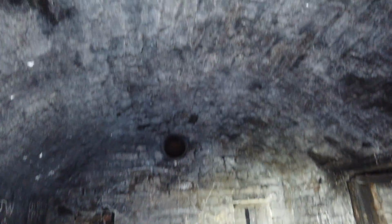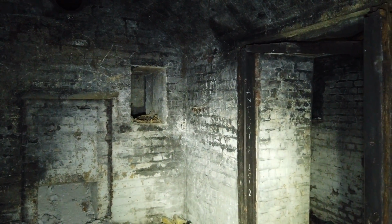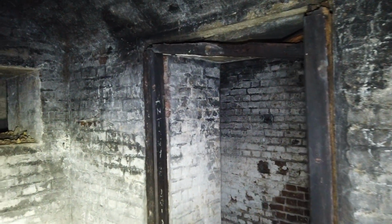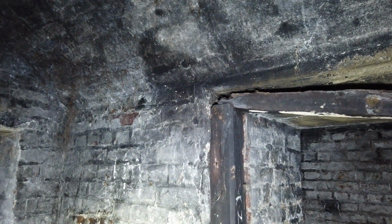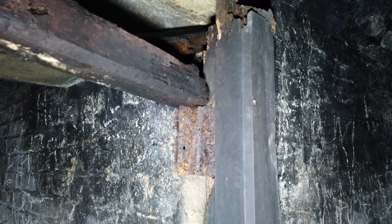But as you can probably tell by the colour here, I've been told that what they used to do, the local kids used to take tyres from the place above here and set fire to them down here. So when we do go down into the deep shelter, it is quite black, unfortunately. But we should still be able to see some quite interesting things. I mean, that's obviously original wood from this time period. And I think, yeah, the hinges are still there. I imagine the door probably got burnt by the kids. But anyway,